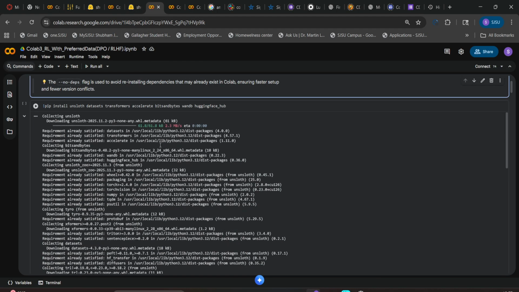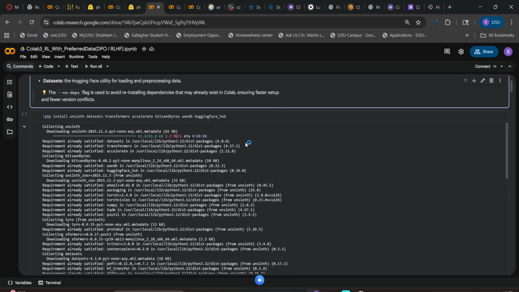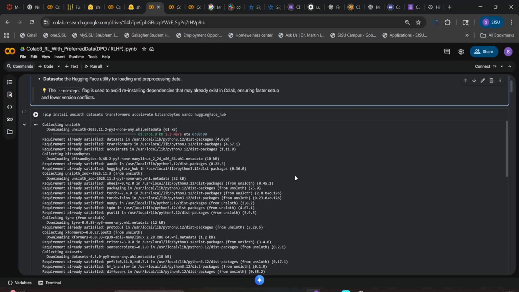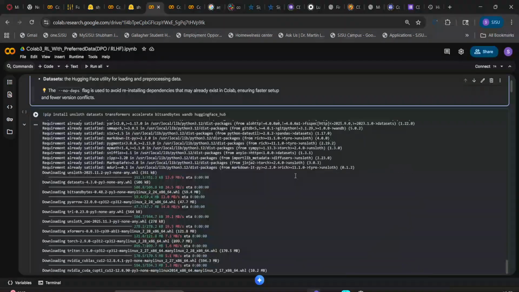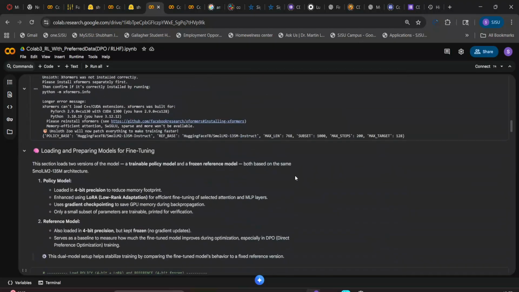Now let's move on to part 3. Here I'll perform reinforcement learning with preference data, DPO and RLHF. For that, first install transformers, Unsloth and Hugging Face Hub. Now I'll import the libraries and now